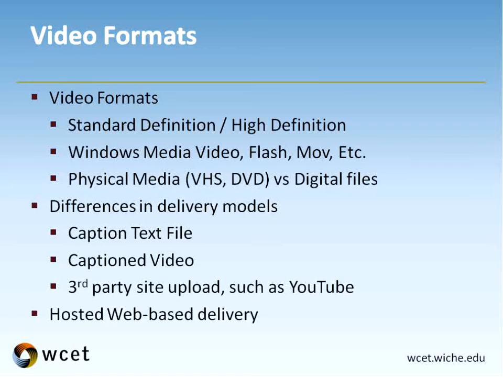Differences in delivery models. Among delivery models, a large number of different formats exist for presentation requirements depending on the content used. Captioned text files. Text files containing captioning are used by some software for integration into presentations, such as XML files for Final Cut and Adobe Premiere systems, SRT for YouTube, files for Camtasia. These specifically formatted files may include information such as placement, color, duration, essentially the same things that you'd see in traditional broadcast captioning.